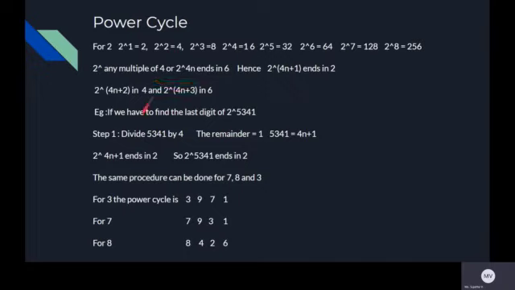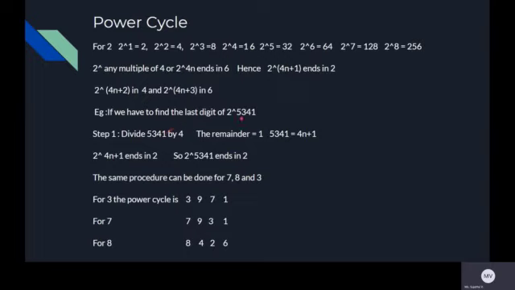Okay. Now, when we are given a question like this, how to apply this knowledge? Now, this much knowledge we have, that 2 follows a pattern every fourth multiple. Again and again the pattern repeats. All this we understood, right? But then how to apply this to find the answer to such questions?